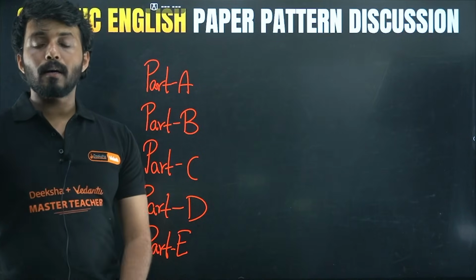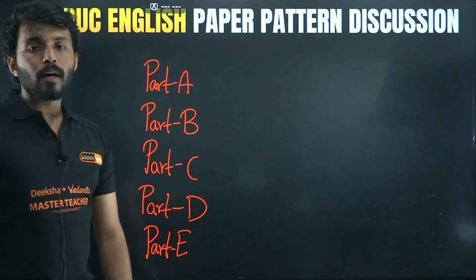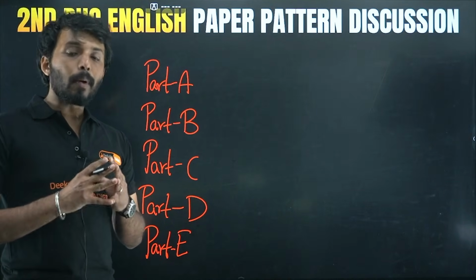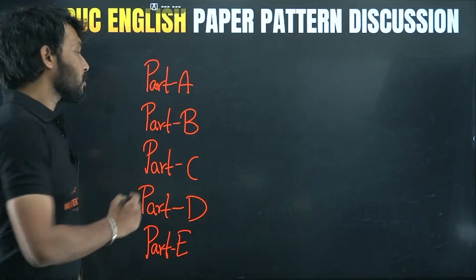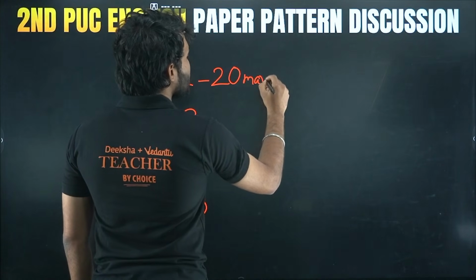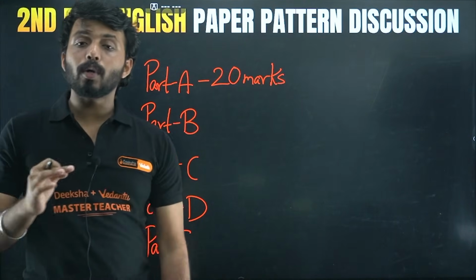Coming back, guys. So part A to part E is what we are having in the question paper. The question paper is compartmentalized into 5 parts. So part A, what is the weightage that part A holds? Part A will be coming for 20 marks. Part A is comprised of a mixture of both your literature